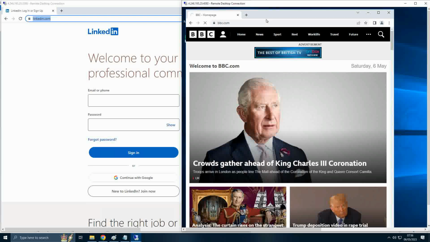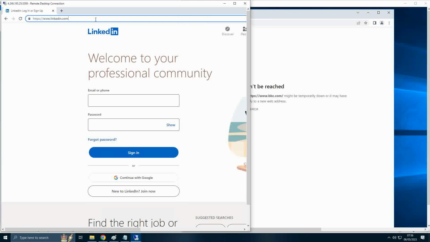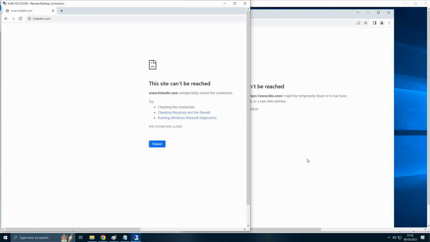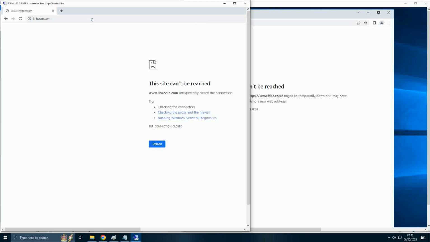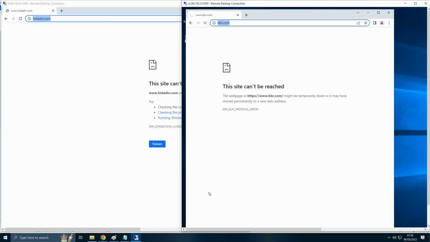This is open from the last session. Okay, here you are, and same thing. I should rather get a warning, but it doesn't matter. You can't connect. Okay, so LinkedIn you can't connect, and bbc.com you can't connect. So the next thing I will show you is how to whitelist a website on the firewall. So let's